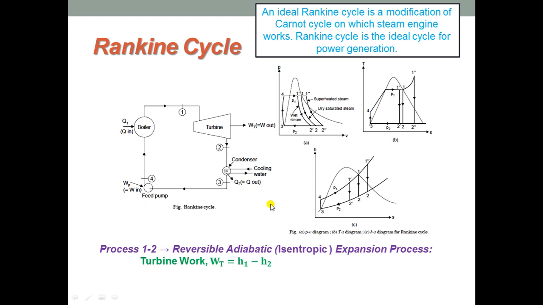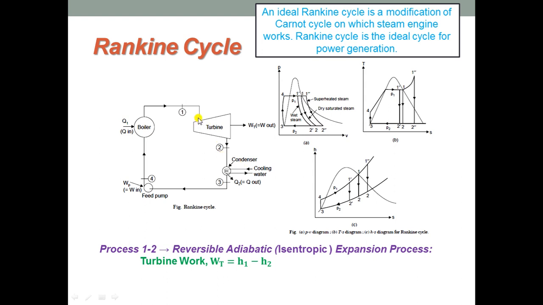So, we can also observe 3 lines here on PV diagram as well as TS and HS diagram. Point 1 represents for dry saturated steam. If the condition of the steam is dry saturated, the expansion takes place from point 1 to point 2. If the condition of the steam is superheated before the turbine, that is at point 1, the expansion takes place from 1 double dash to 2 double dash, similarly on HS as well as TS diagram.